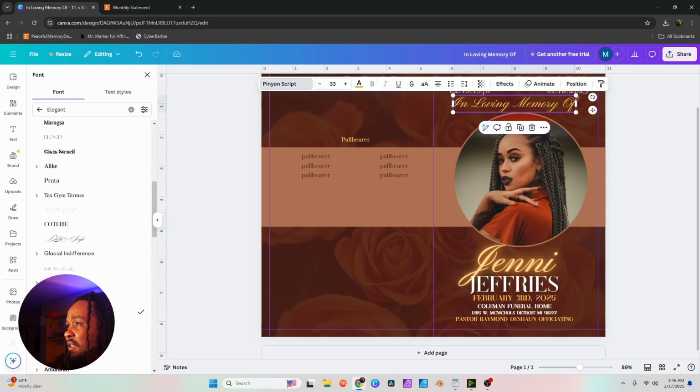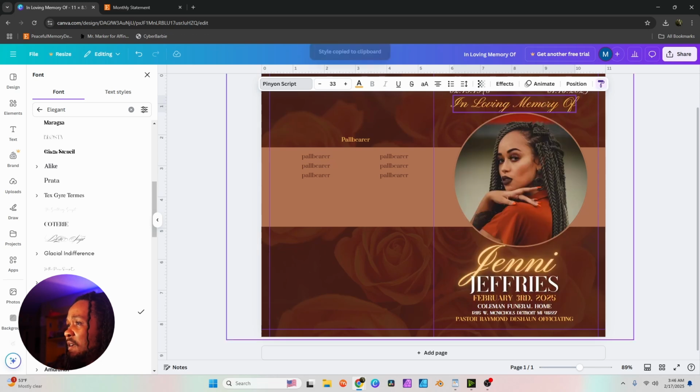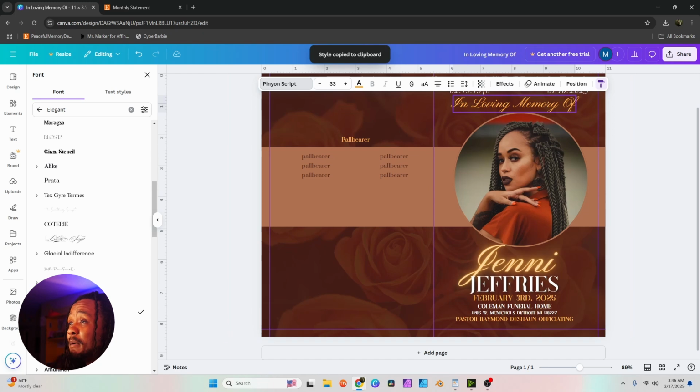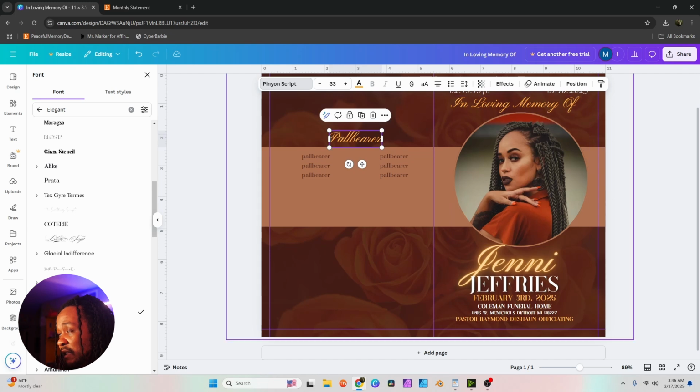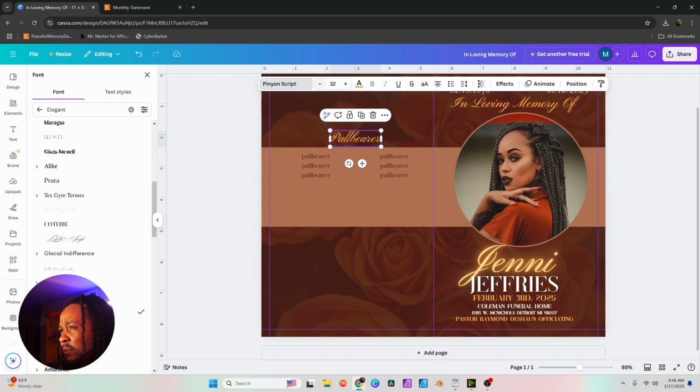So we're just gonna right click on it, copy style, and then a paintbrush or a paint roller is gonna pop up. So we're gonna click on a paint roller, and then it's gonna go ahead and make it the same as that. But it can be a little bit tinier, maybe about that size. So we're gonna do the pallbearers,